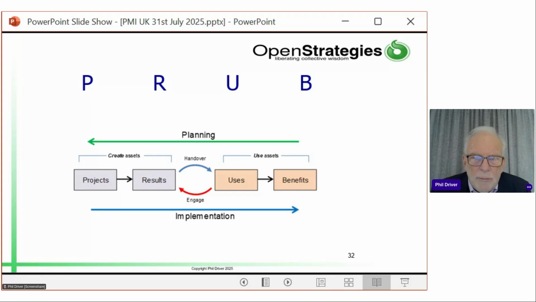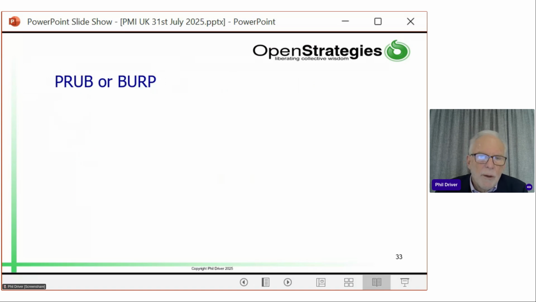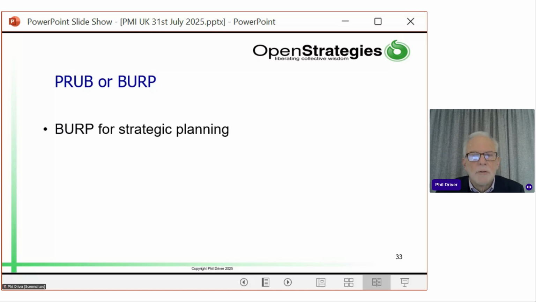So, PRUB. PRUB goes in both directions. When you're implementing stuff, it's PRUB. When you're planning, you go in the opposite direction, you BURP. So let's have a look at that. BURP for strategic planning. So if you're doing strategic planning, always start with the uses and benefits, not with the